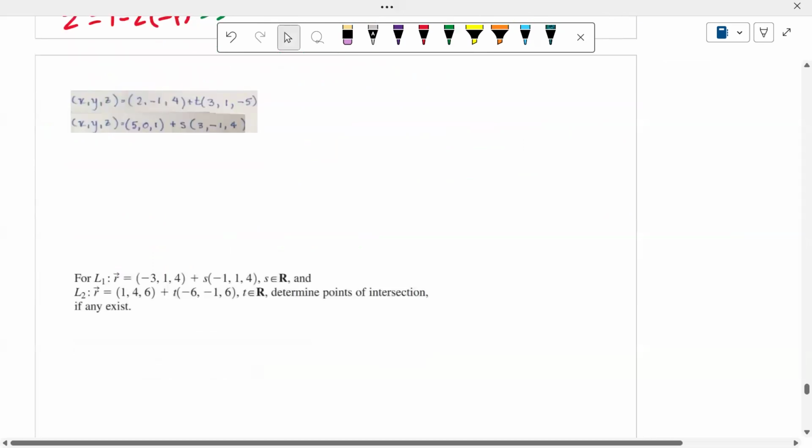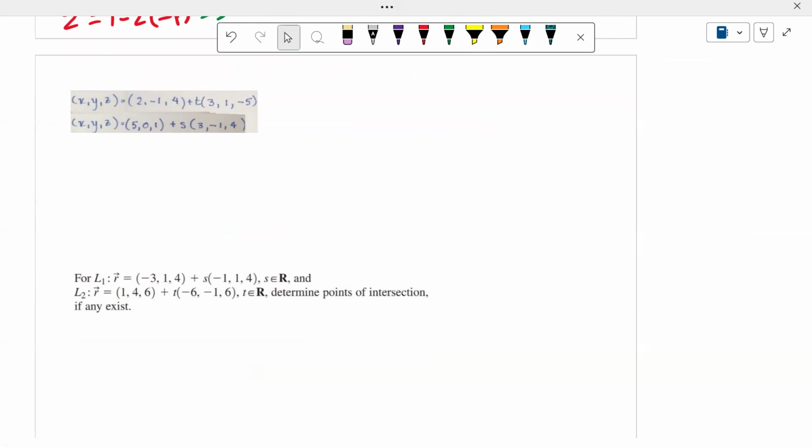Next, it says basically the same thing as this line. It says determine point of intersection if it exists. Okay, so